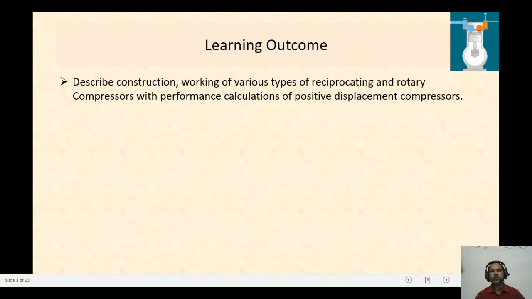Before starting session number 2, let us highlight what we discussed in the previous class, session number 1. In session number 1, we learned about the basic function or need of the air compressor, which is used to compress atmospheric air from low pressure to high pressure with the help of the up and down movement of the piston. Here air is the working medium, and it is called an air compressor. This compressed air is utilized for different applications.